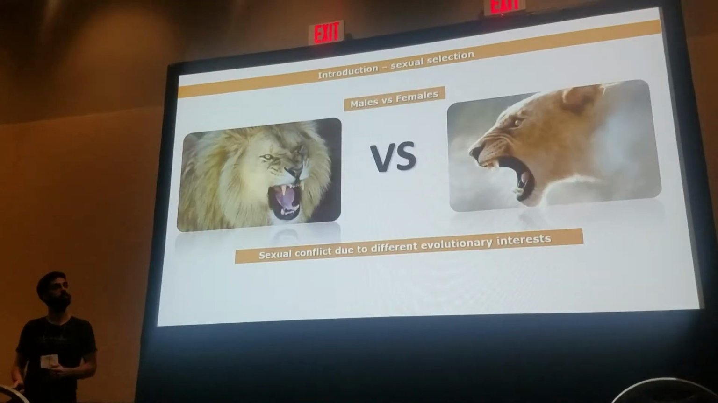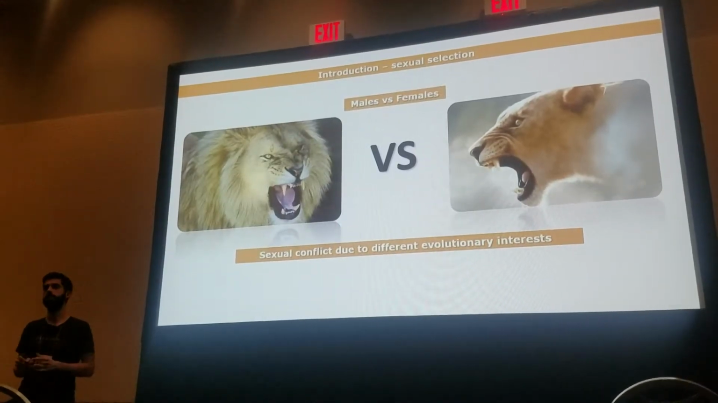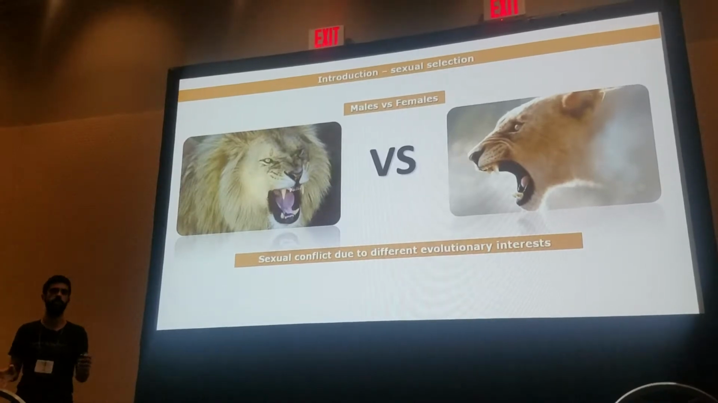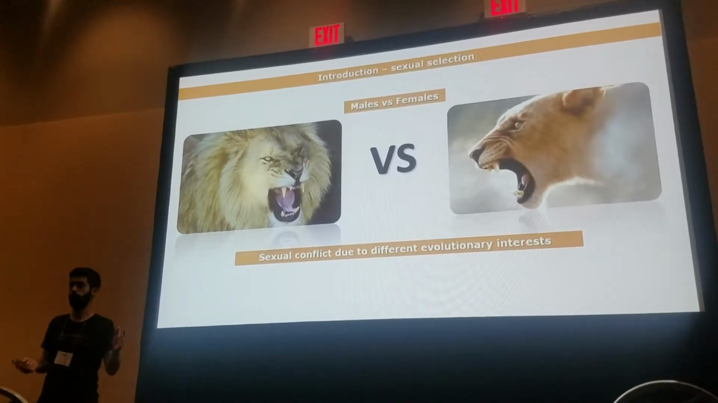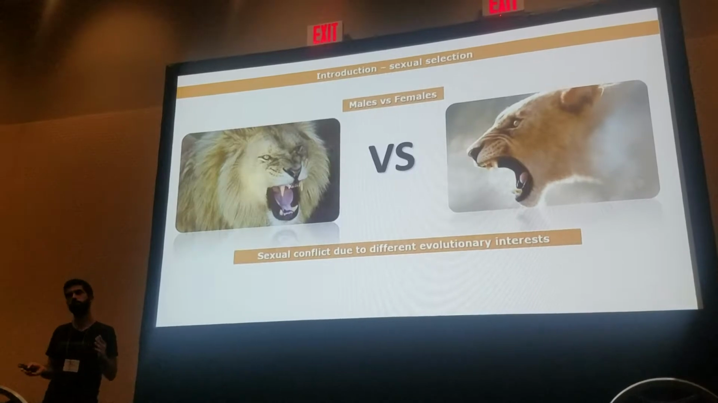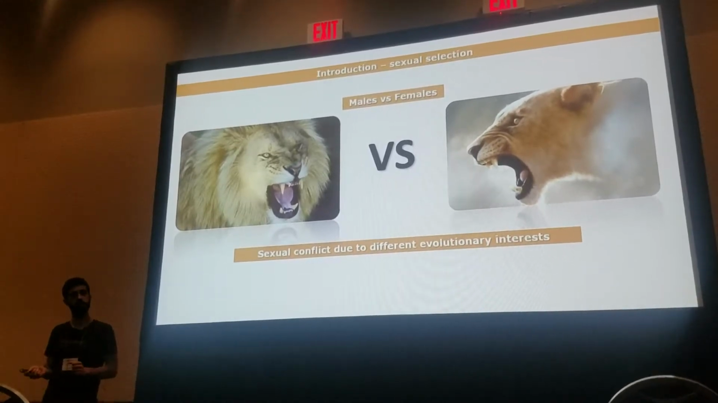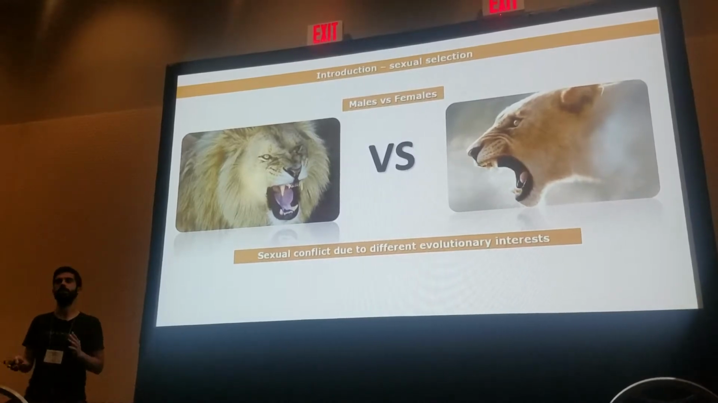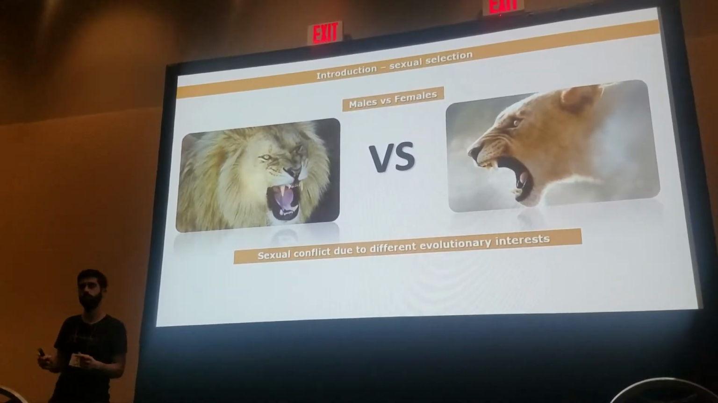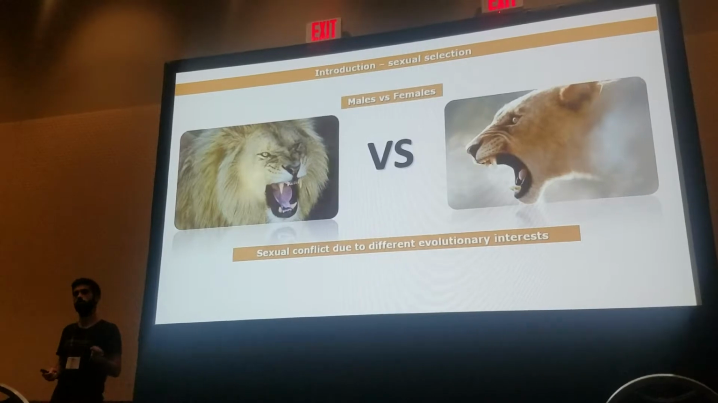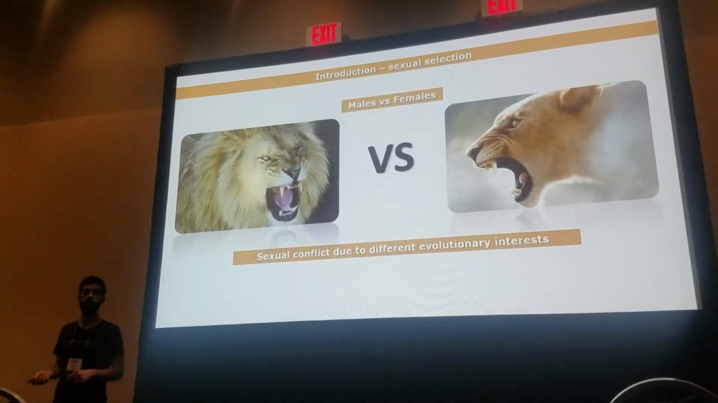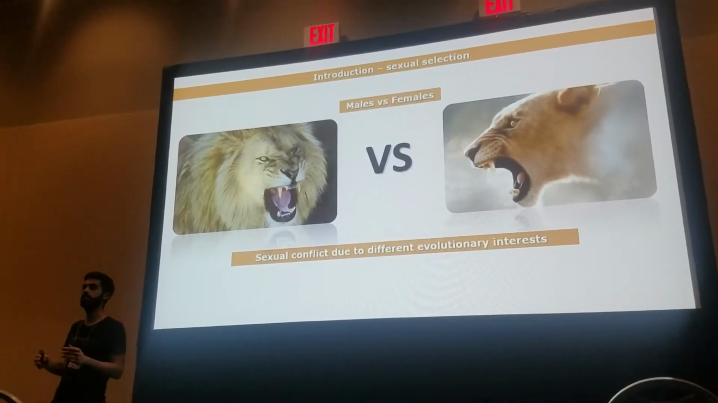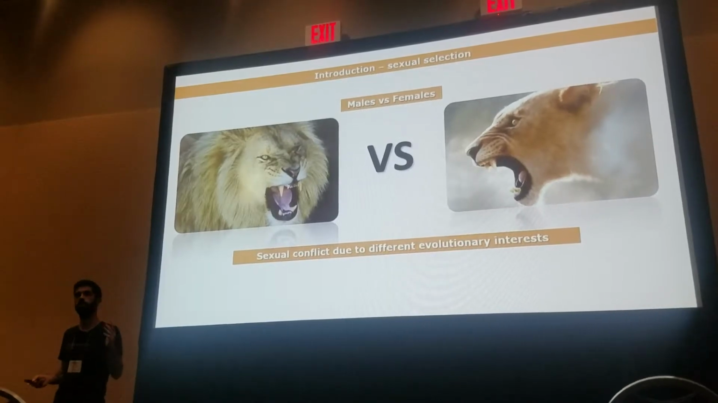Okay. So from the theory of sexual selection, we know that males and females have different evolutionary interests. Males want to mate as much as possible, while females prefer to mate with good quality mates, in general at least. So this creates a sexual conflict between males and females, and usually this leads males to develop traits that we call male-harming traits that allow them to increase their fecundity at the expense of the fecundity of the females